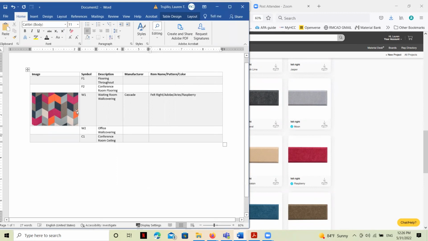Now you can see I have all of the information right now that I would need to begin to order this product or order samples of it, or begin to even identify it very quickly. Possibly I could even start to represent this on different drawing types as well. But for right now, I just have a very simple table that's helping me organize my finishes with an image, the symbol that corresponds to my finish plan, a brief description, and then information about the manufacturer, item name, pattern, and color. And then all that I do now is just finish and fill in the rest of the table with the information that relates to my project.